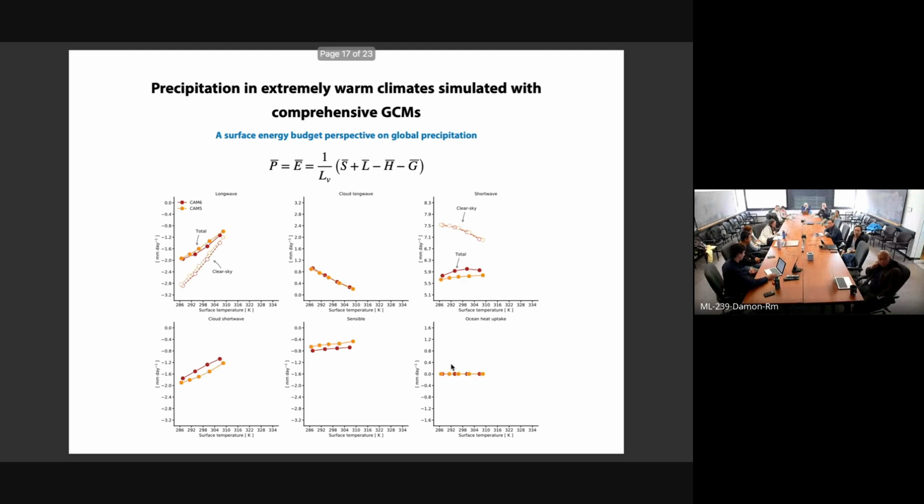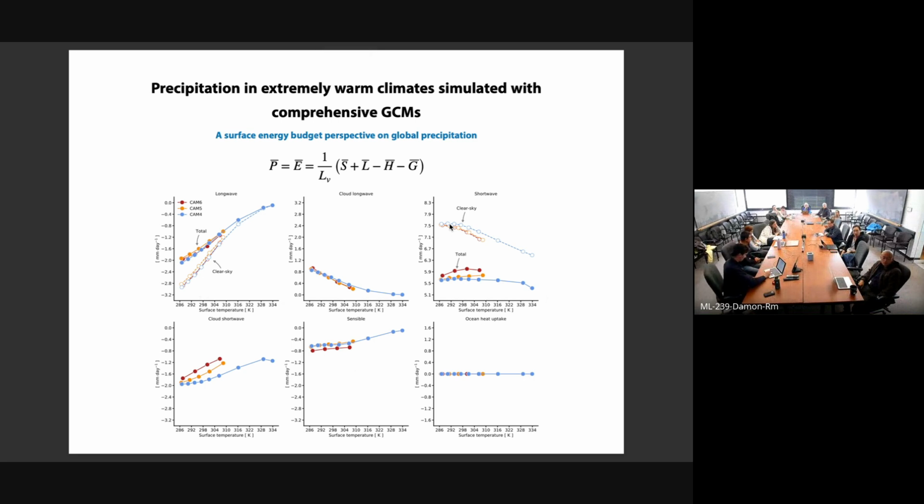But again, I'm going to plot the CAM5, and it's generally the same story. Maybe you see slightly different magnitudes of these values, but you see a general decrease of the sensible heat, a decrease of longwave, and clear-sky shortwave decreases as well. But what's really neat is when you put on the CAM4 simulation,